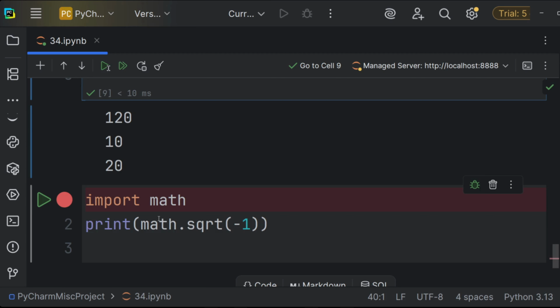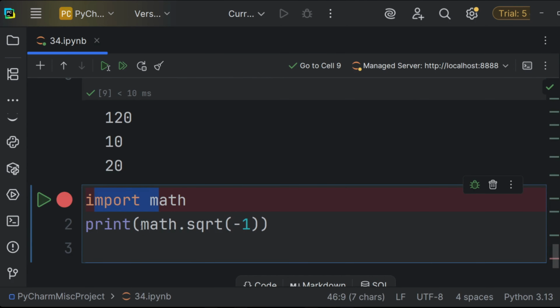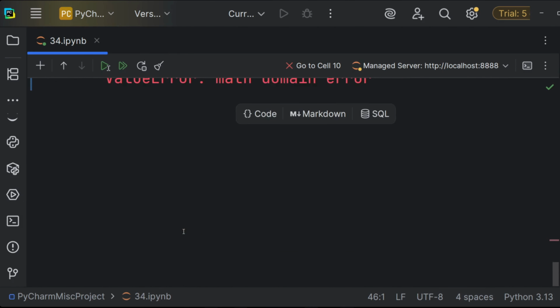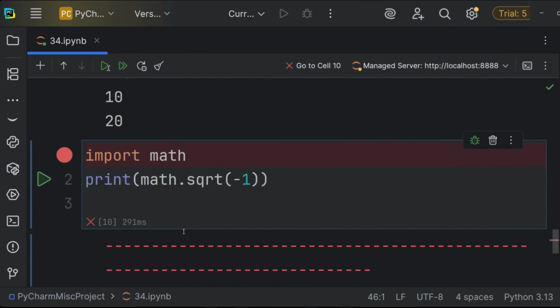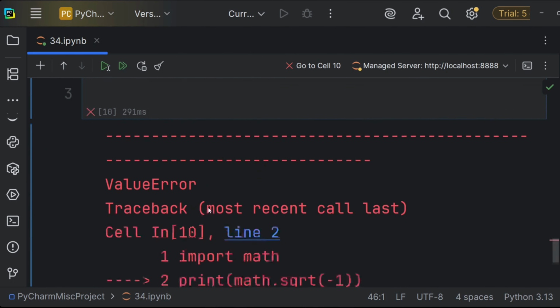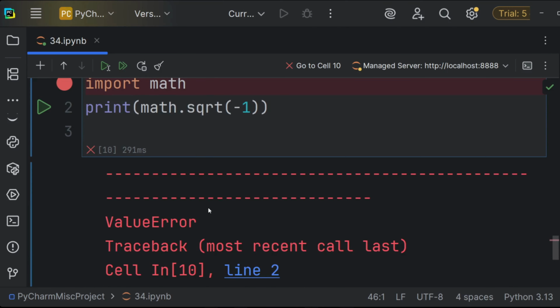Now, math functions are strict. If you give a negative number to a square root or log, you'll obviously get an error. For example, over here, import math, print math.sqrt(-1). We get the value error. This is because the math module hasn't exactly stored the value of the square root of minus 1 as i. So it's always going to print a value error. So remember, always validate your inputs if you're working with, let's say, a user's data or any unpredictable number.